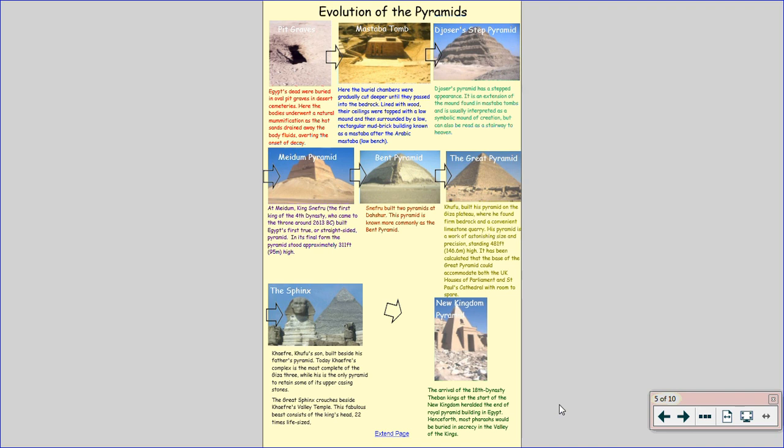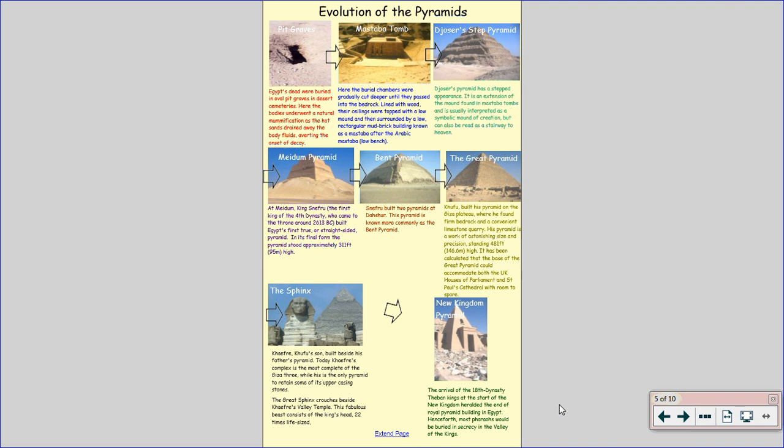And then we've got the Great Pyramid, the Pyramid of Khufu, the Pyramids of Giza. These are the ones that we're going to really focus on for this session. They're known as the true pyramid style, as we know it now. It's standing at about 146 meters high. It's the tallest pyramid, and roughly the ground level of the pyramid can hold the Houses of Parliament and St Paul's Cathedral in it with room to spare. That's how big it is. It's massive. And that was the last kind of pyramid that was actually built.